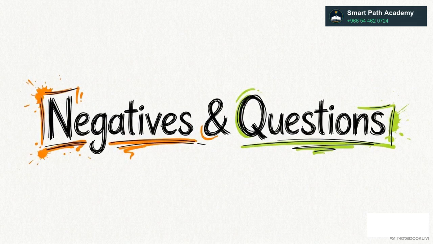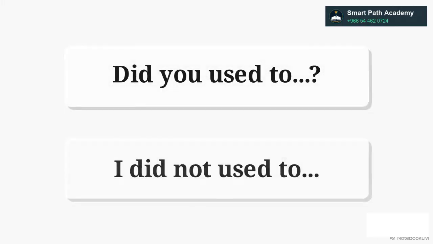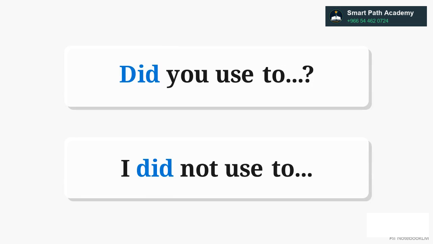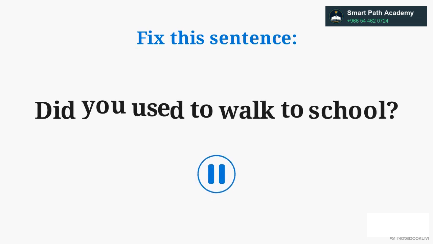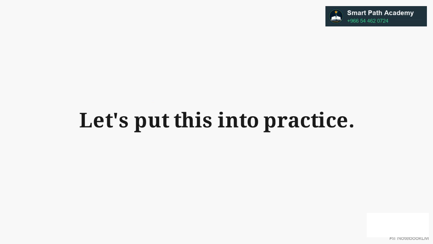There is another structural rule you need to know for negative statements and questions. Take a close look at how these examples are spelled. "Did you use to" and "I did not use to." When we introduce the auxiliary verb "did," it absorbs the past tense property. This strips the D right off the main verb. Let's apply that here. See if you can spot the mistake. "Did you used to walk to school?" The "did" is already there, so we drop the D on "use." Forgetting this letter is a common trap on grammar exams.